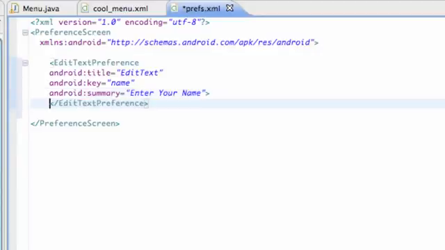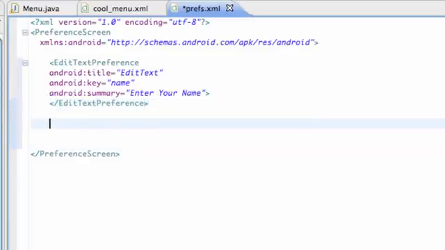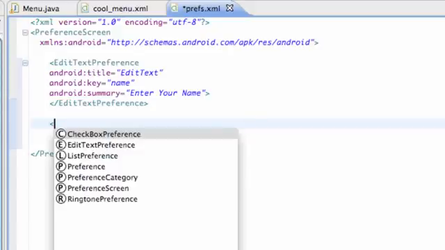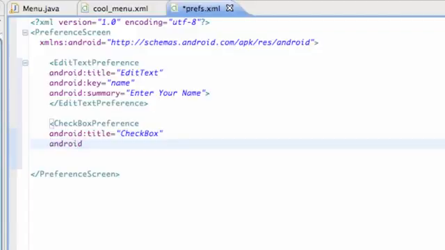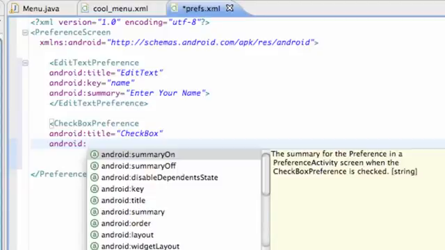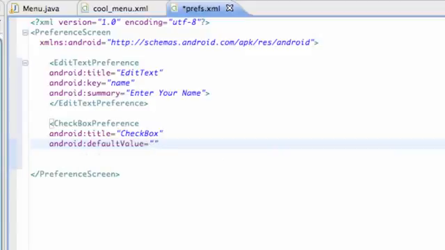Let's set up a new one. So let's go still within our preference overall thing, and then set up a checkbox. So checkbox preference, and we're going to say again Android title, checkbox, and Android. We can set this checkbox to be checked when it starts or unchecked. So we're going to say default value, which is what it's going to start as, and we can either set this to true or false. So we're going to say true,